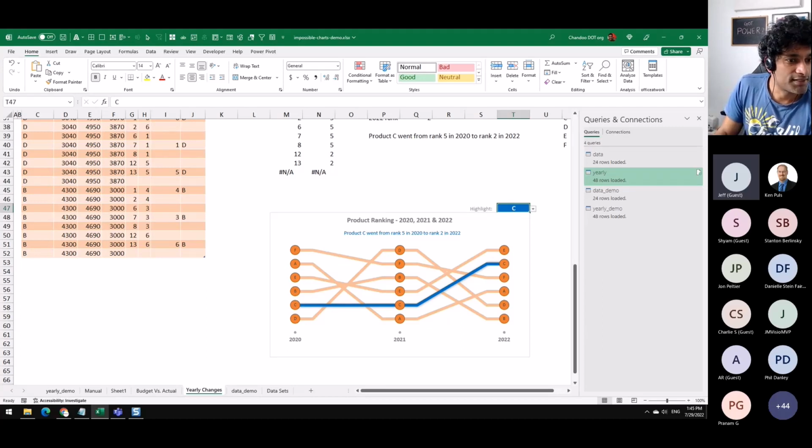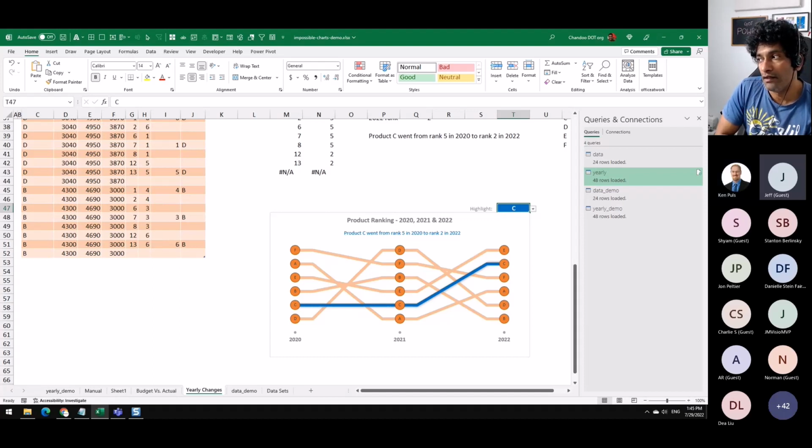All right, let's see if there are any questions or any thoughts. Chandoo, you've got one question from Henry asking, how do you handle equal ranks using your index column? Because the index that you're using obviously is doing a separate number on each line. So what if two numbers come up the same? What then? I think the index number that we are adding through Power Query just goes continuous.